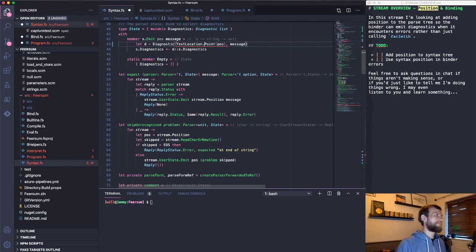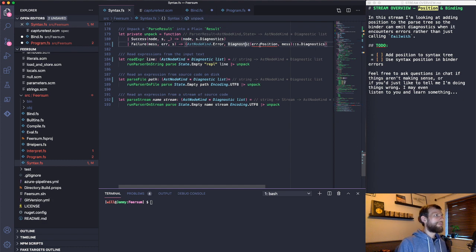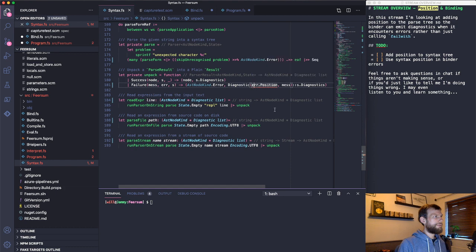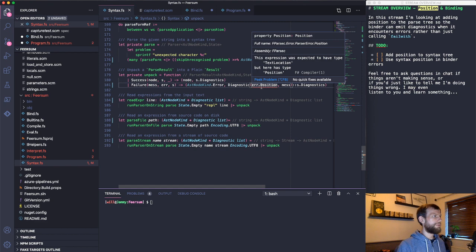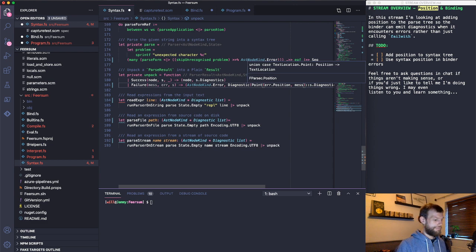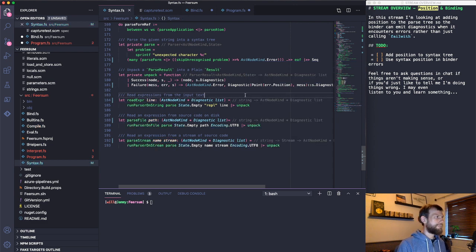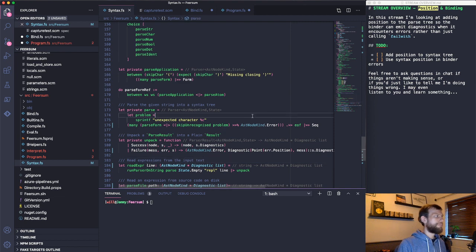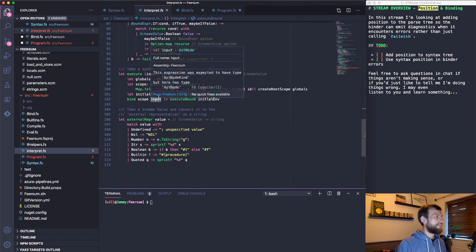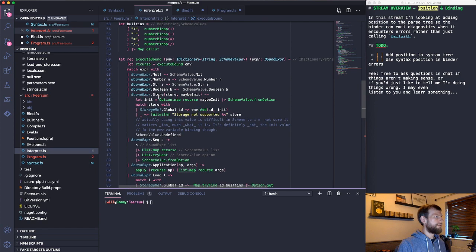And when we have an error, we also need this to be a text location point. And now we will have broken the interpreter because the interpreter is expecting